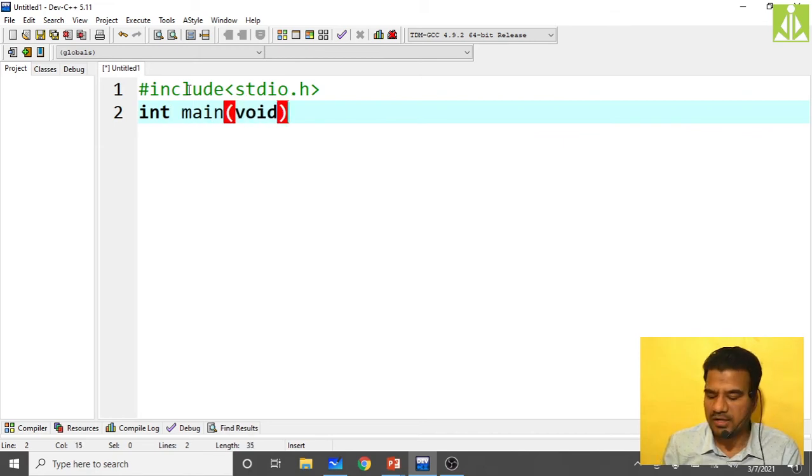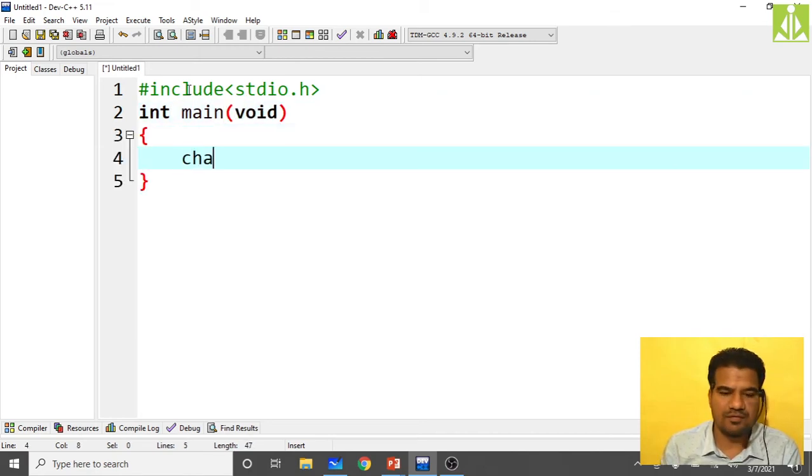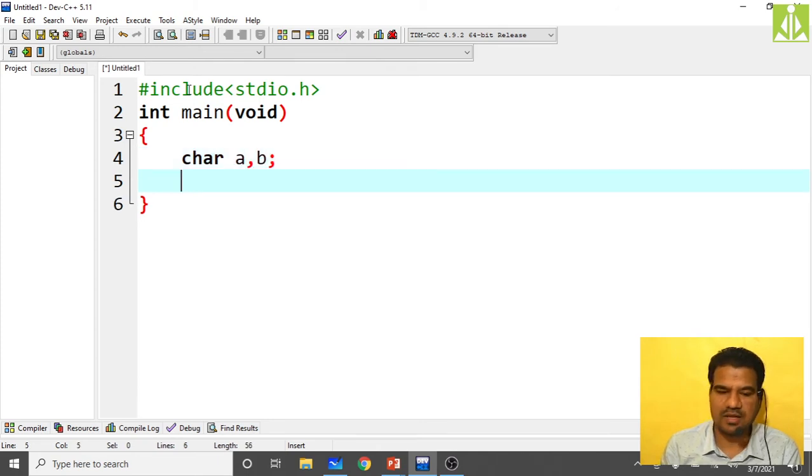Main of void, and here you declare two variables. Now I am declaring character variables. Next is to print the addresses. I'm just creating them, not storing any value. Ultimately your computer will allocate some memory to these variables a and b. As these two are character variables, they will consume only 1 byte of memory, whether 16-bit or 32-bit, irrespective of the compiler type. What address that memory location has, we will come to know when we print the address.